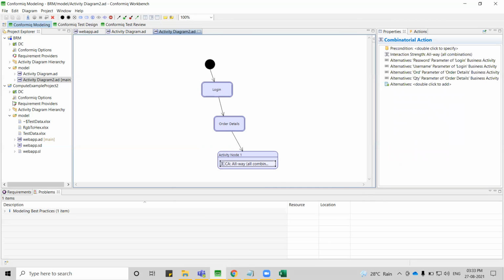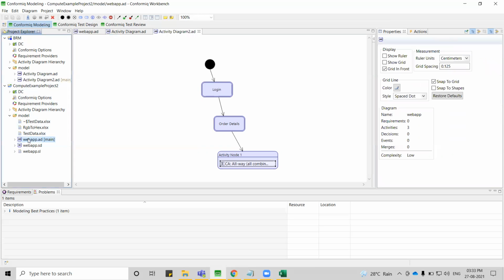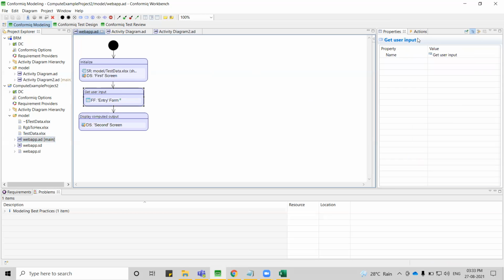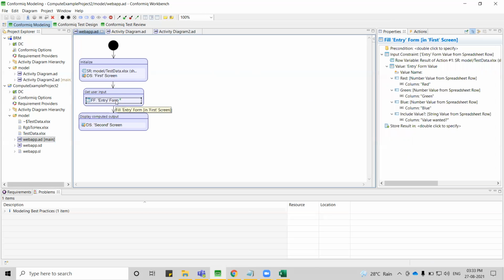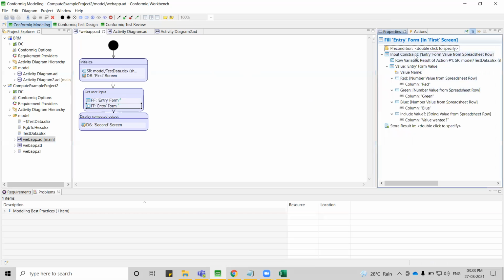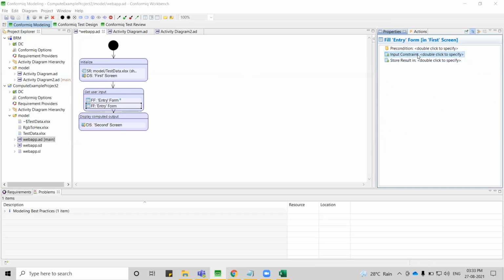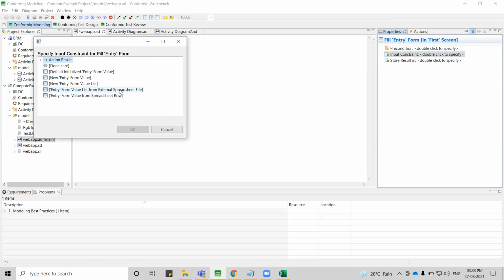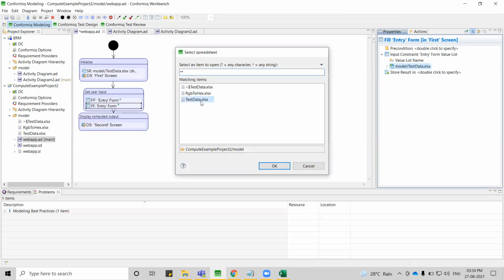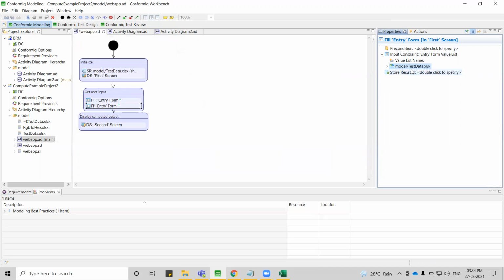Let me go to the other activity diagram. In the previous version, if I selected this value list from external spreadsheet file, I was only able to provide the test data file directly and was not in a position to select from which tab to provide input to this particular form.